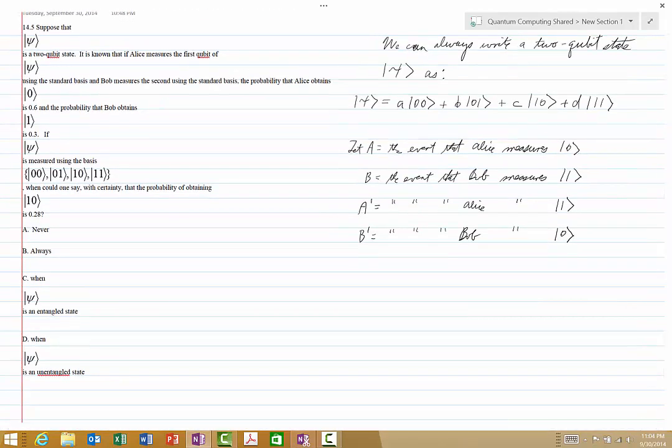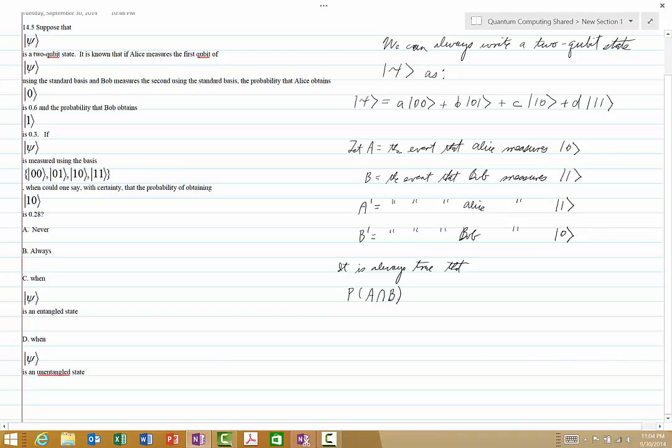So if we define the events A and B in this way and have the resulting definitions of A prime and B prime, then it is always true that the probability of A and B,